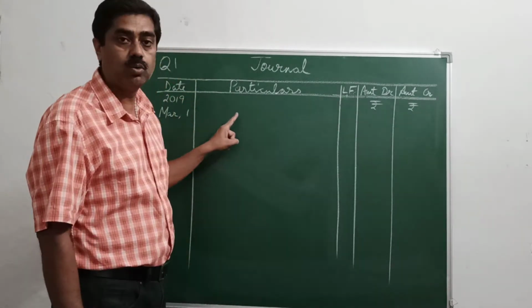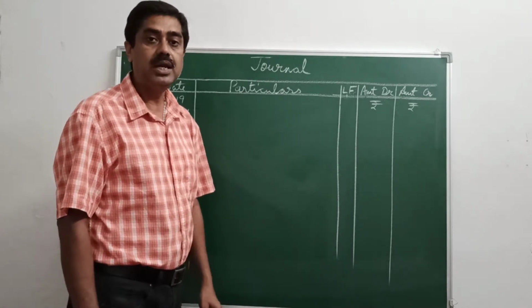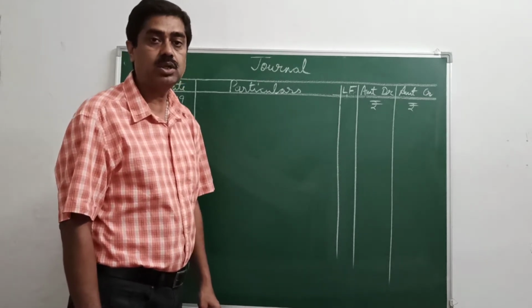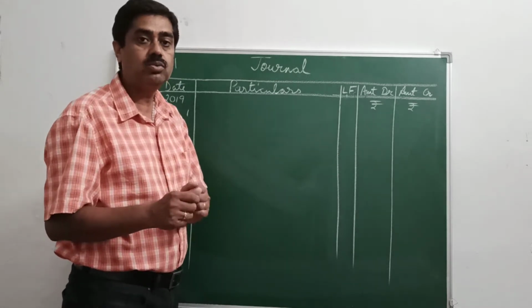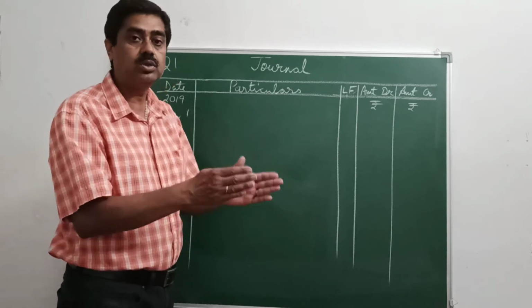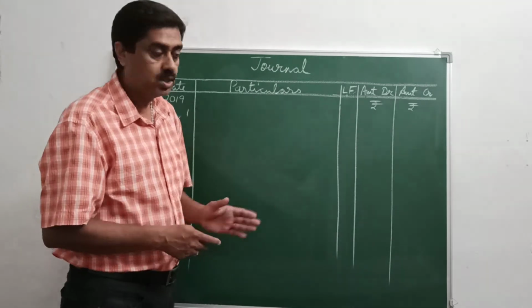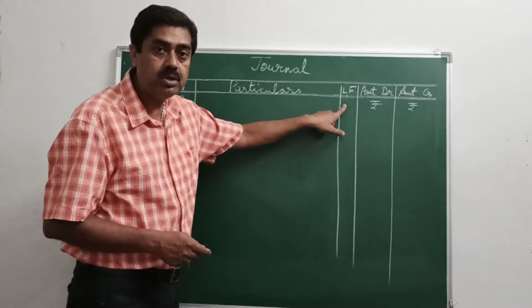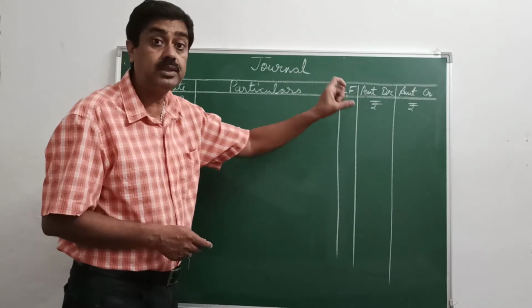Whichever account you will open here will be recorded or opened in a ledger. Ledger is a collection of accounts where you prepare separately cash account, bank account, capital account, wages account, salary account, separately to know the salary paid during the year or during the month. So this is the page number on which the particular account has been recorded or opened in the ledger.